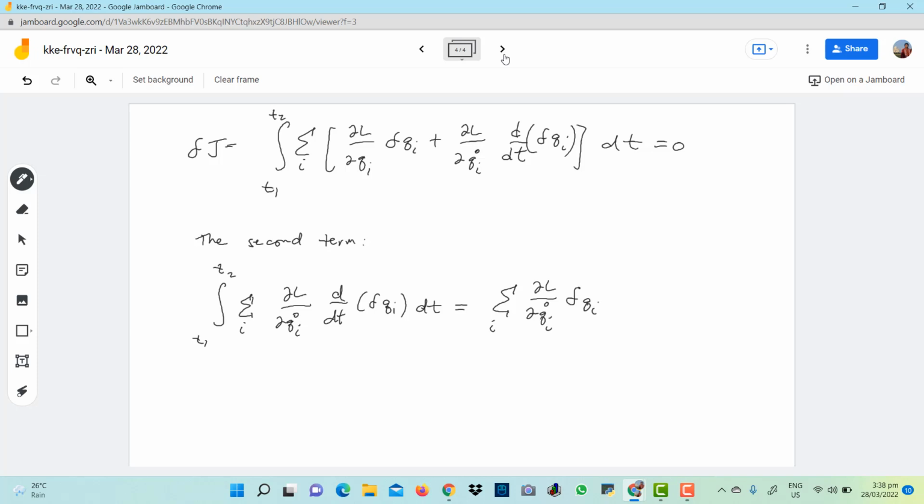Qi's from t1 to t2 minus the integral of d dt of partial L partial Qi dot delta Qi dt. Okay? For this, you will use integration by parts. Okay? If I use integration by parts,